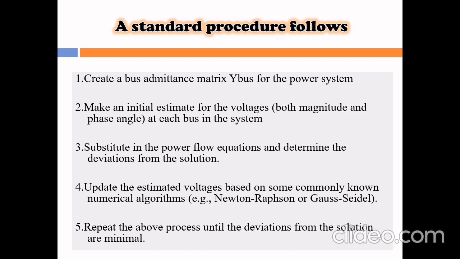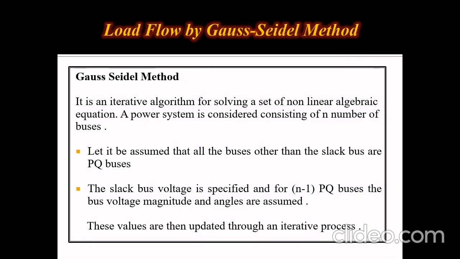Okay, so normally we need not go up to that 100% accuracy. So we specify that the error can be 0.001, 0.0001, some value like that. If that is reached, we can conclude that the system has converged and you can publish the results. Okay, so in the next class we continue with the Gauss-Seidel method, then Newton-Raphson method and so on.